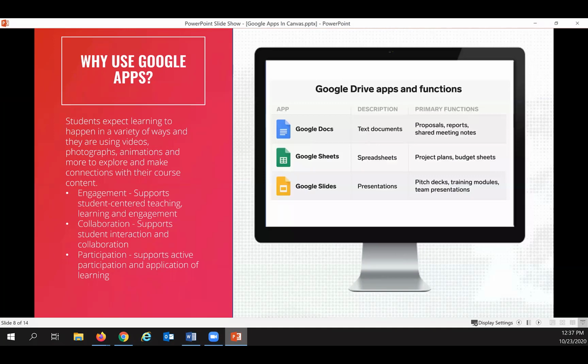So, and also why use Google Apps? Just as a disclaimer, in this training, when I say Google Apps, there are only three Google apps that we as an office support, also available in Canvas, which are Google Docs, Google Sheets, and Google Slides. If you want to use Google, unfortunately, these are the only three Google apps that we're going to talk